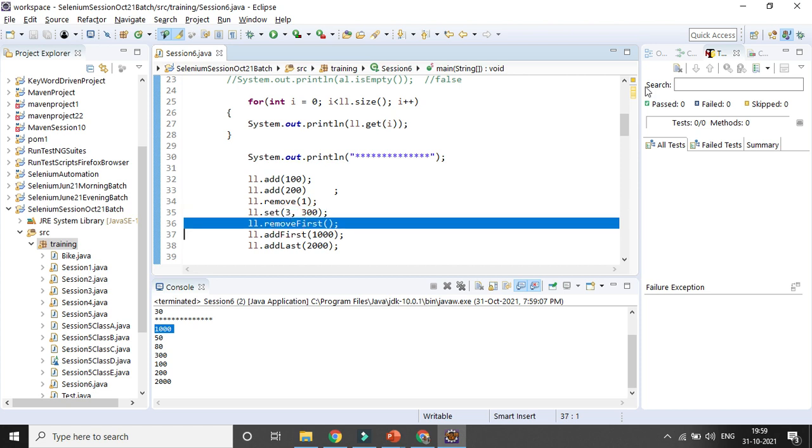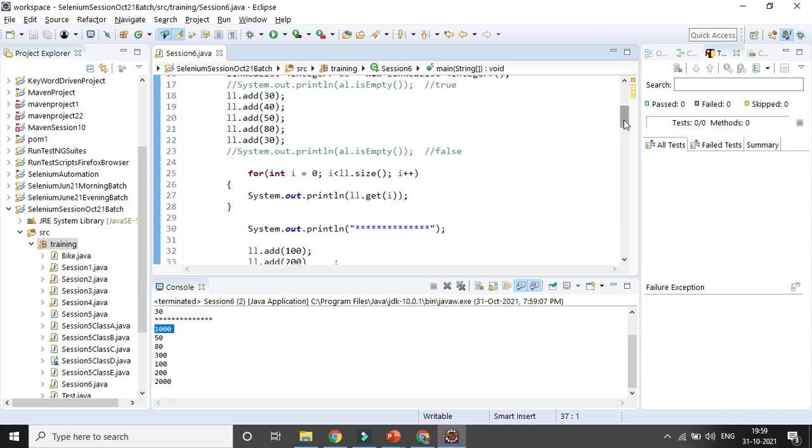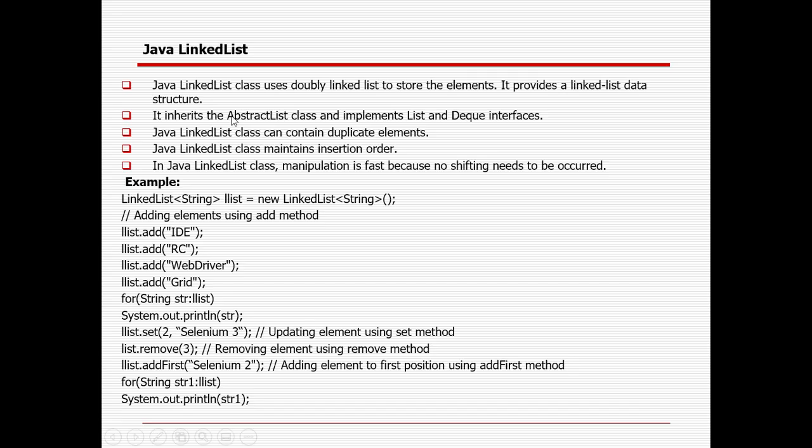You can get it from the linked list. So the Java linked list class uses a doubly linked list to store the elements. It provides a linked list data structure. Java linked list can contain duplicate elements. It also maintains the insertion order, right? In the Java linked list class, manipulation is faster because no shifting needs to occur, as it happens from both sides.